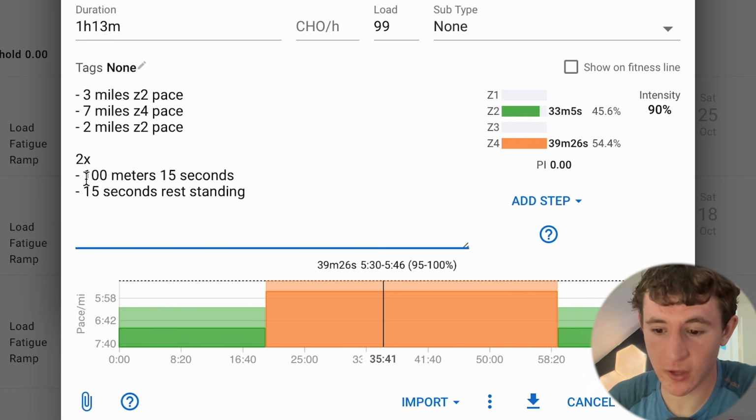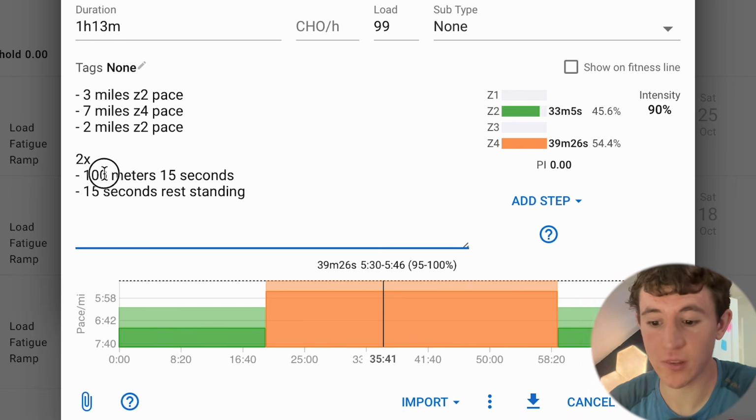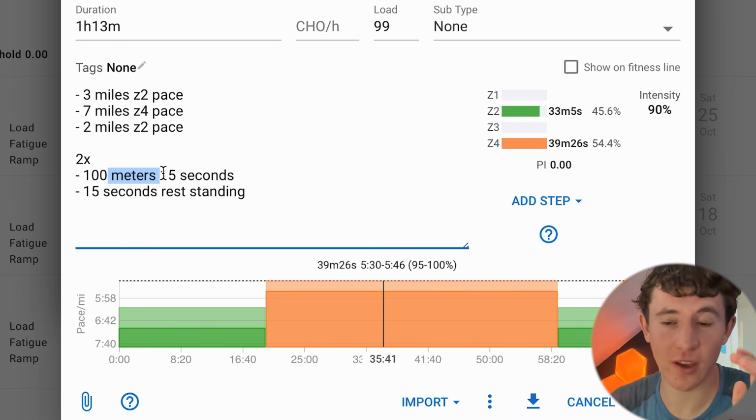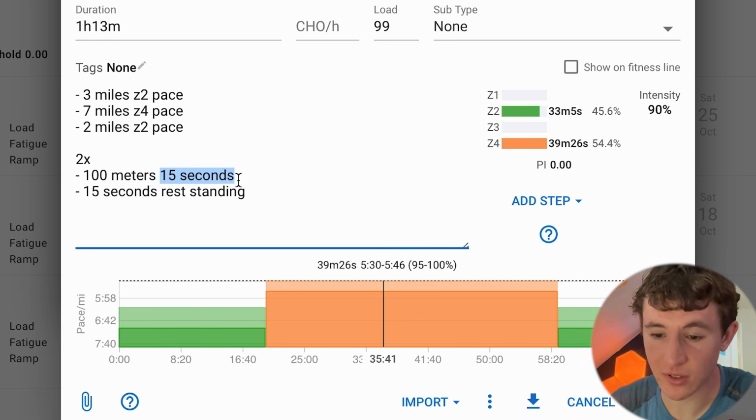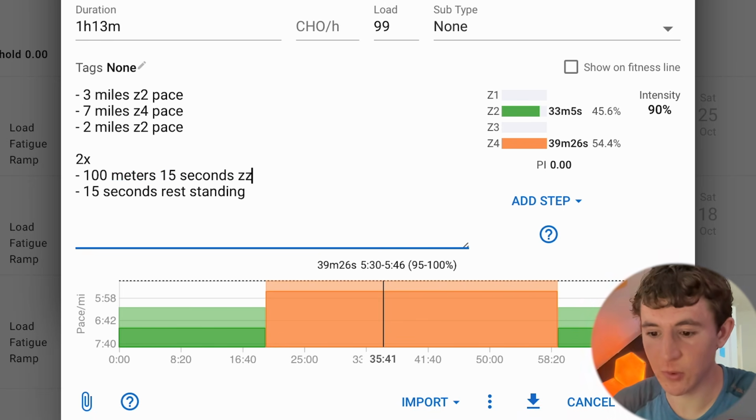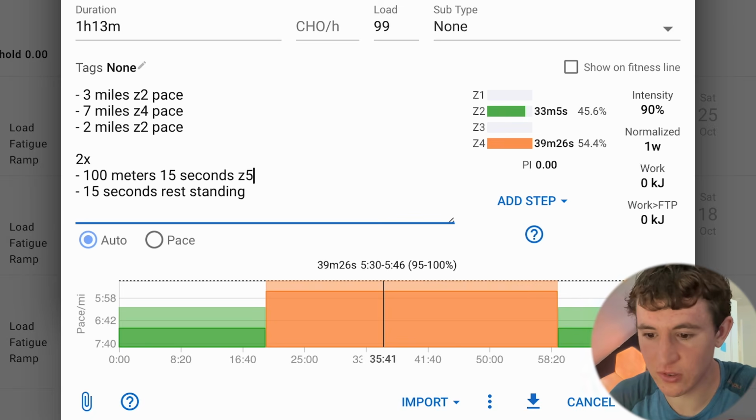And then I've also put a dash and then a space with how many meters each stride roughly is. You can make it as specific as possible if you want. And then I wrote 100 meters. Make sure that you have the S on the end of meters, and you can actually see I want them to be 15 seconds. And then if you want them to be colored, you can actually choose zone 5